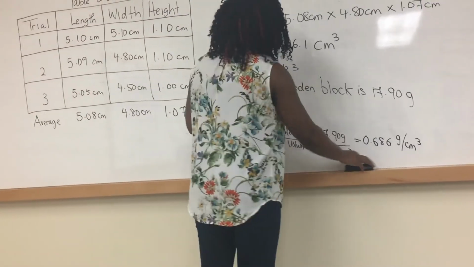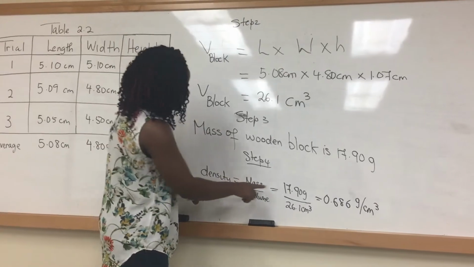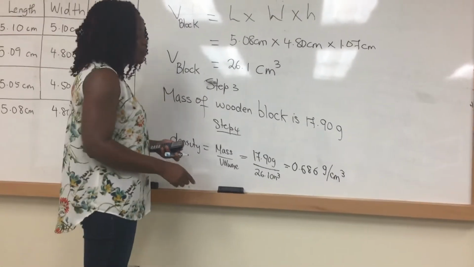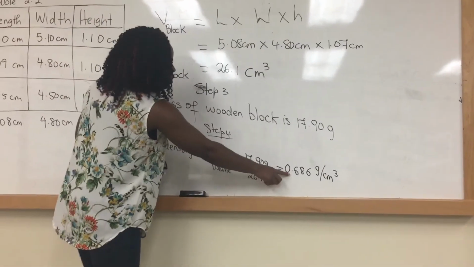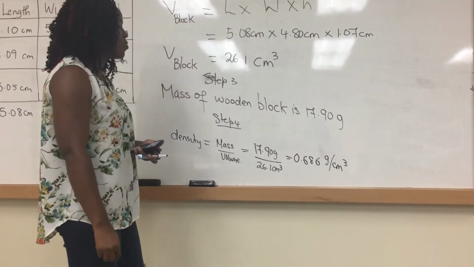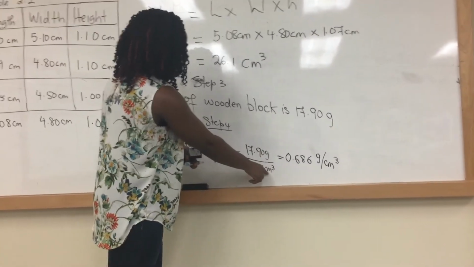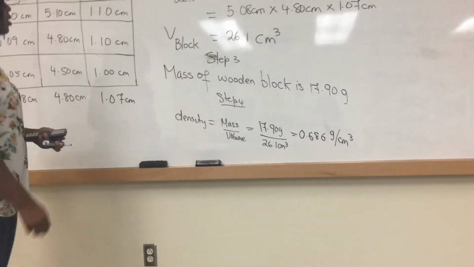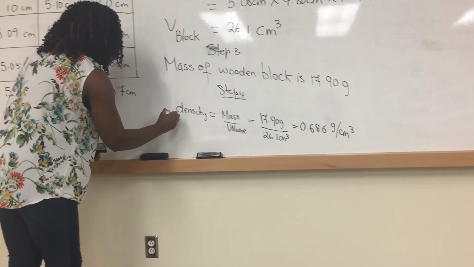Now, notice I record my answer to 3 significant figures because the mass of our block has 4 significant figures. The volume has 3, so your answer should also have 3 according to the rules of division. And notice the units are grams per cubic centimeter, so that's the unit for the density. So the density of wooden block